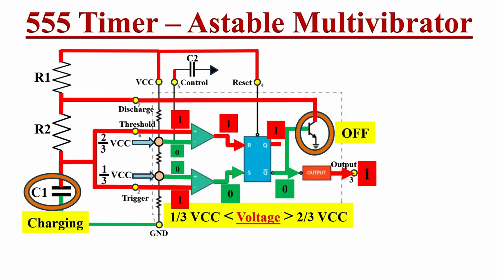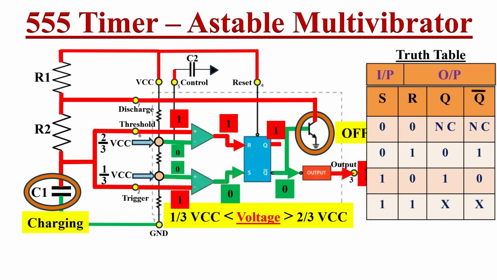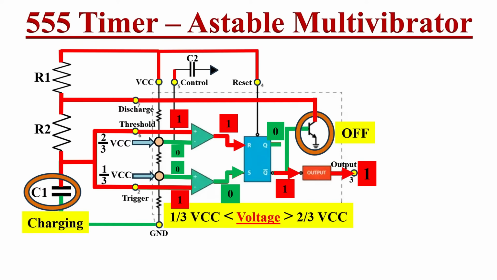Hence first comparator output becomes logic 1. Here the next stage RS flip-flop's input levels have changed. According to the truth table, if S is 0 and R is 1, then RS flip-flop's Q becomes 0 and Q bar becomes 1. Because of this, now the 555 timer IC final output level will change from logic 1